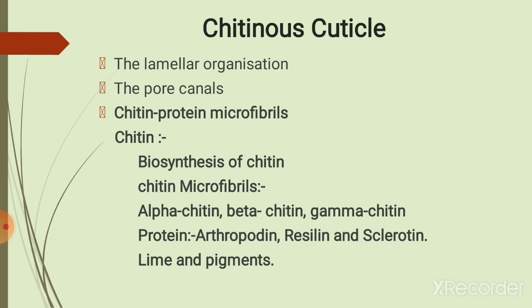The second protein is resilin. Resilin is a rubber-like protein that is evident as a colorless elastic cuticular ligament, such as the wing-hinge ligaments. In the cuticle containing resilin, the pore canals are entirely lacking. It can stretch under tension and can return to its normal form as soon as the tension is over.